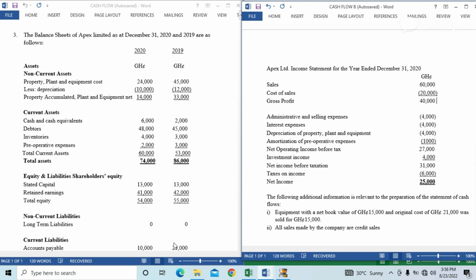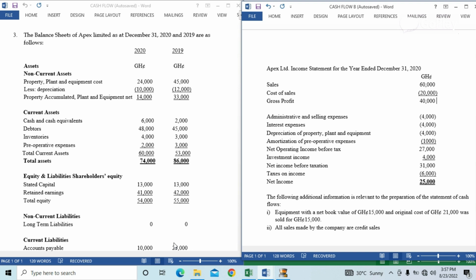So the indirect method also looks at adding back non-cash items. What do I mean by non-cash items? Items that do not involve cash, like depreciation, loss on disposal of equipment, and all those items. They were not